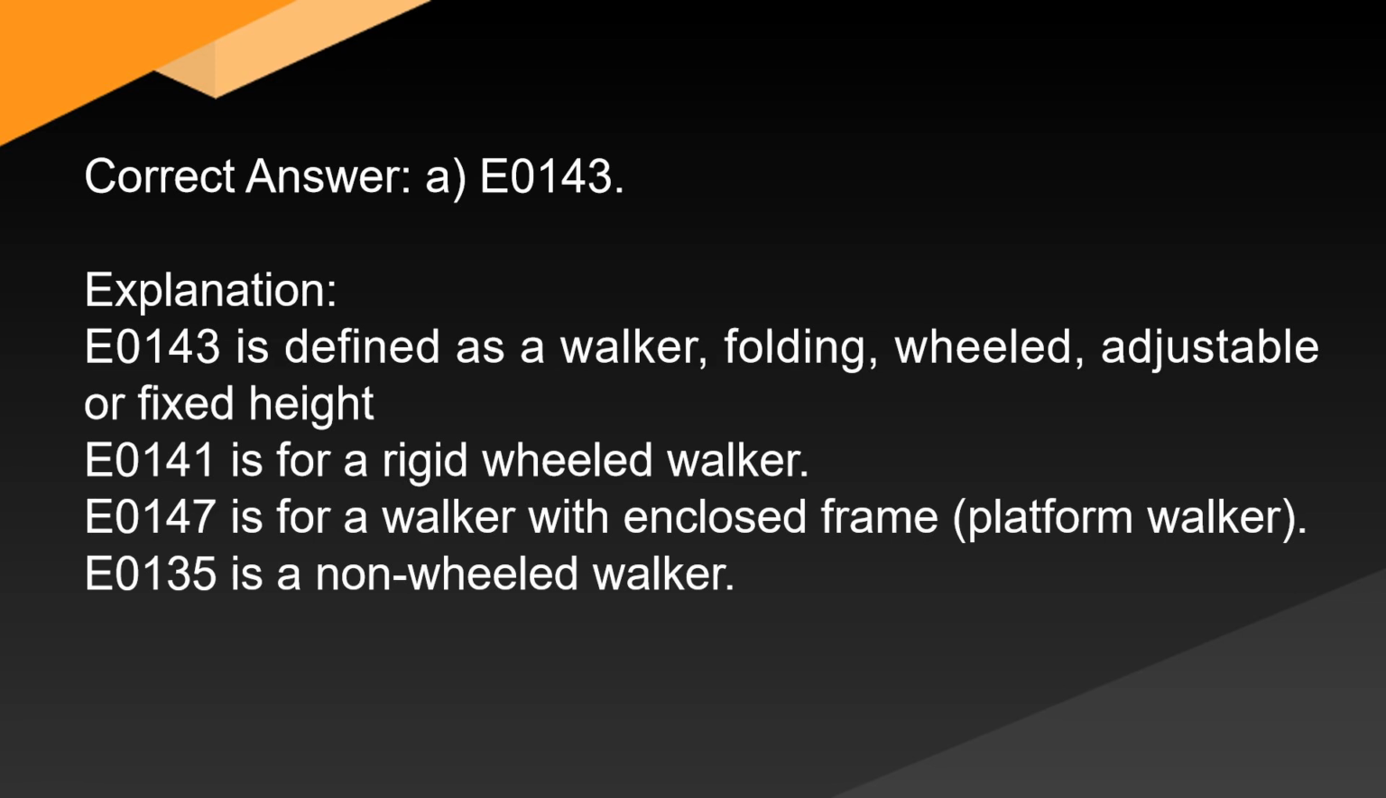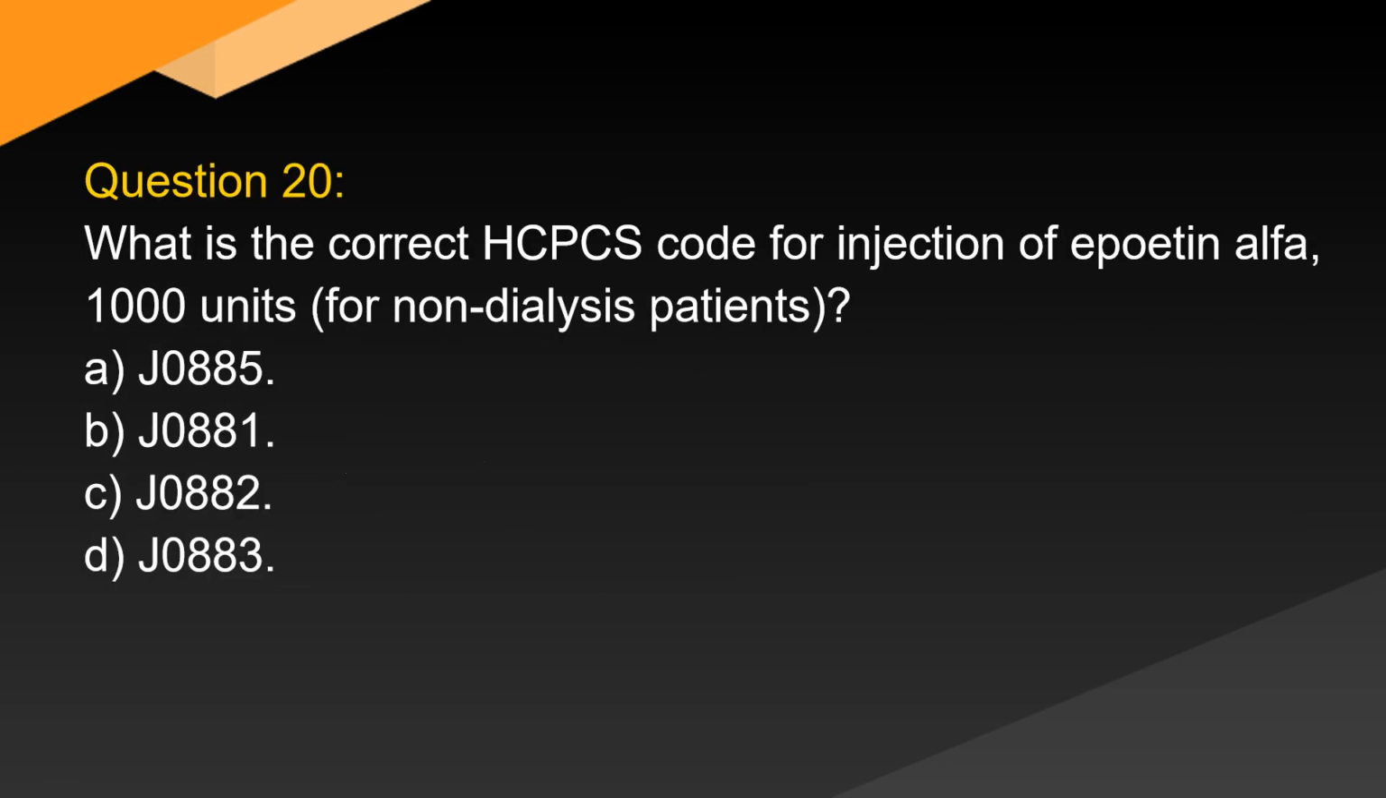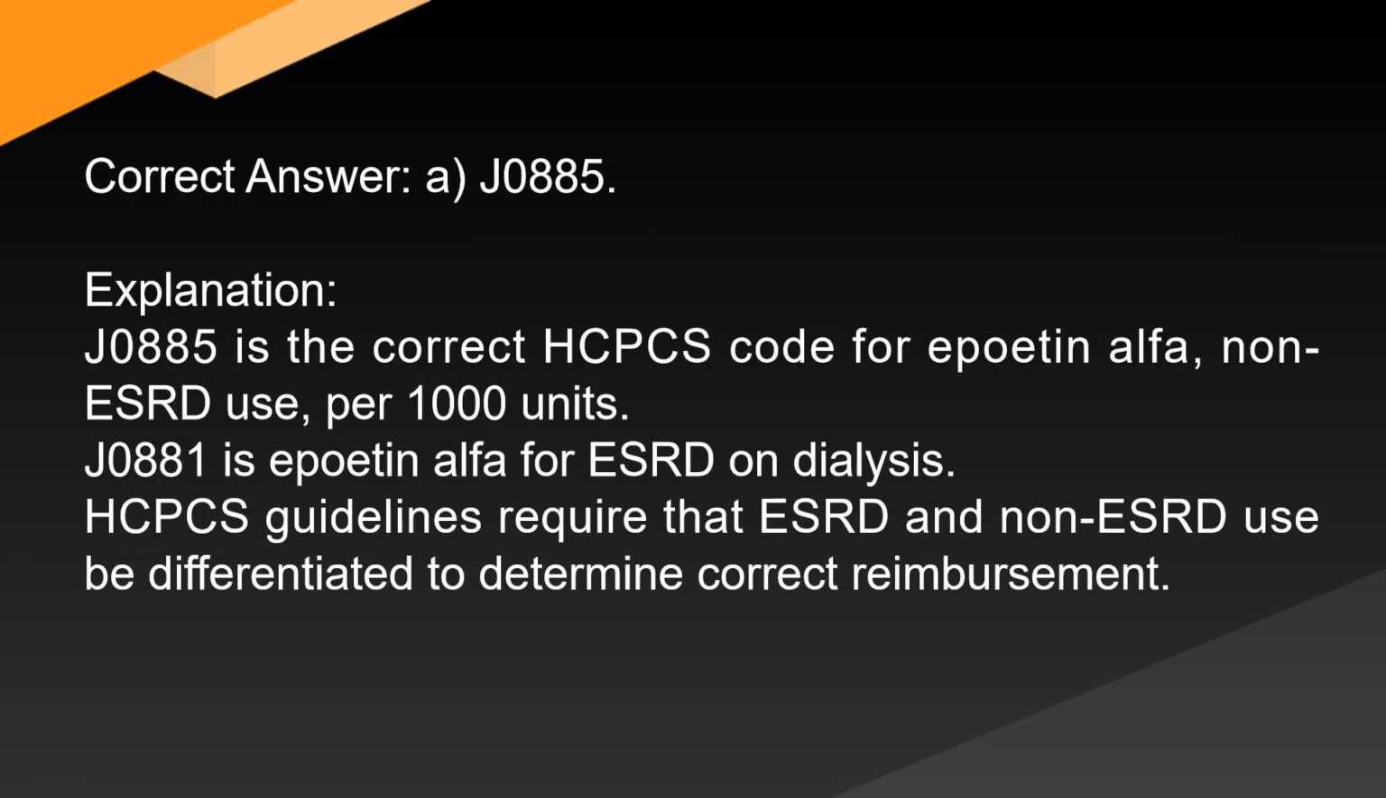E135 is a non-wheeled walker. Question 20. What is the correct HCPCS code for injection of epoetin alpha, 1,000 units, for non-dialysis patients? A. J885, B. J881, C. J882, D. J883. Correct answer, A. J885. Explanation: